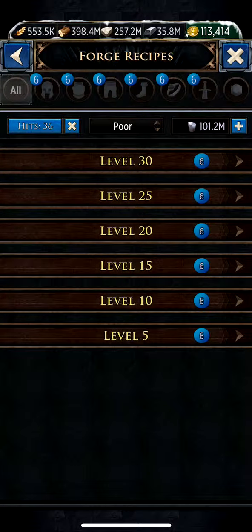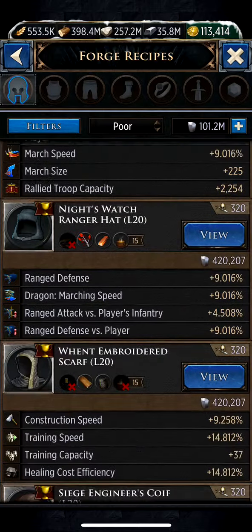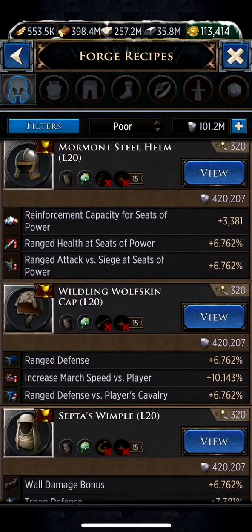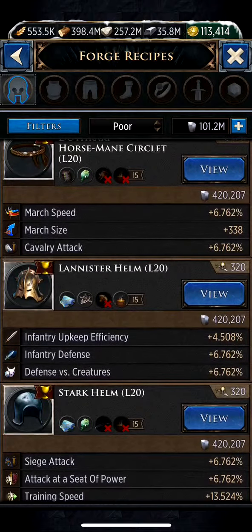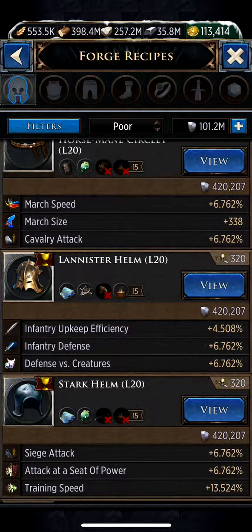And this is the rest of the other items. So here, we're going to make our build down below. I'm just showing you that I ran out of level 25 and level 30 templates and gear to use to make my new level 30 items. So we're going to go down to the bottom of the list, and we're going to craft